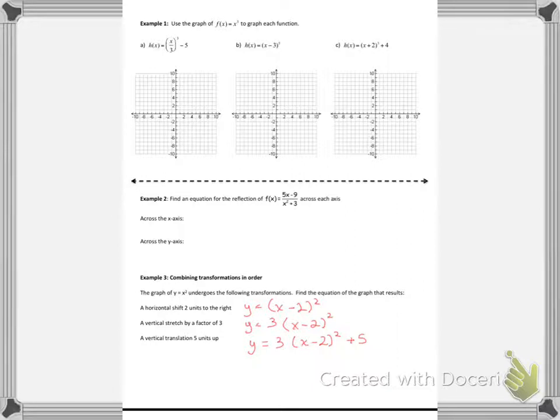Then it says apply these rules in an opposite order to find the result. So now we're going to go opposite order. You have this if you have the notes printed off, but I don't. So the first one is going to be this. In opposite order, that's going to give me y equals x squared plus 5. If I want to stretch that by 3, then I have to use that whole equation and multiply it, which would give me 3x squared plus 15 when you do the distributive property. Then shifting that equation to the right 3 would give me